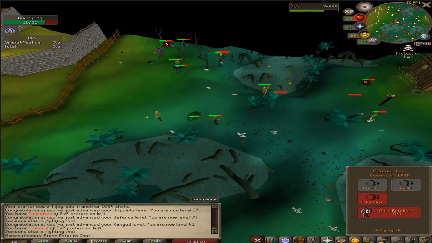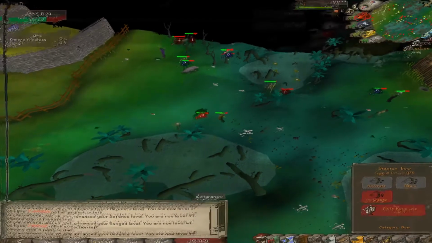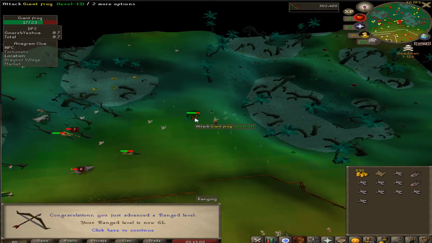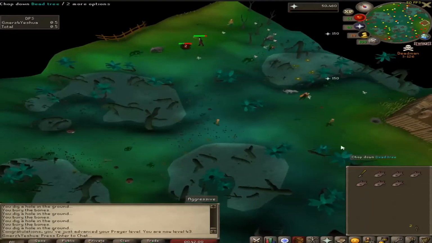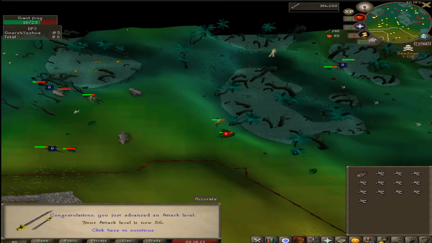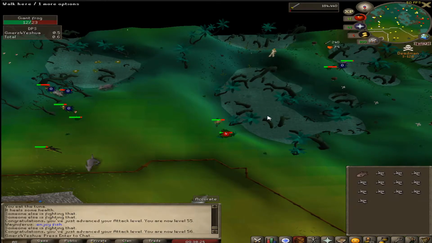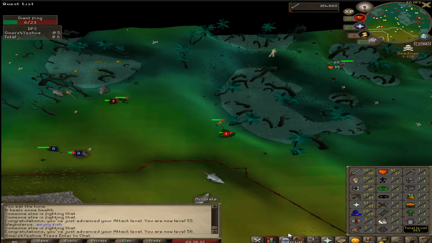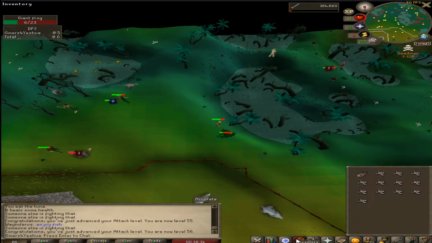I spent the majority of my day one here because after I had gotten 61 range, I decided to switch it over to melee, and my reasoning for this was because I was wanting to go and grind out for a dragon defender while the season was still just beginning. After 50 strength and 56 attack though, I got really bored at training with the frogs, so I stopped, and I was also going to be in need of some money to go hunt for a dragon defender anyways, which